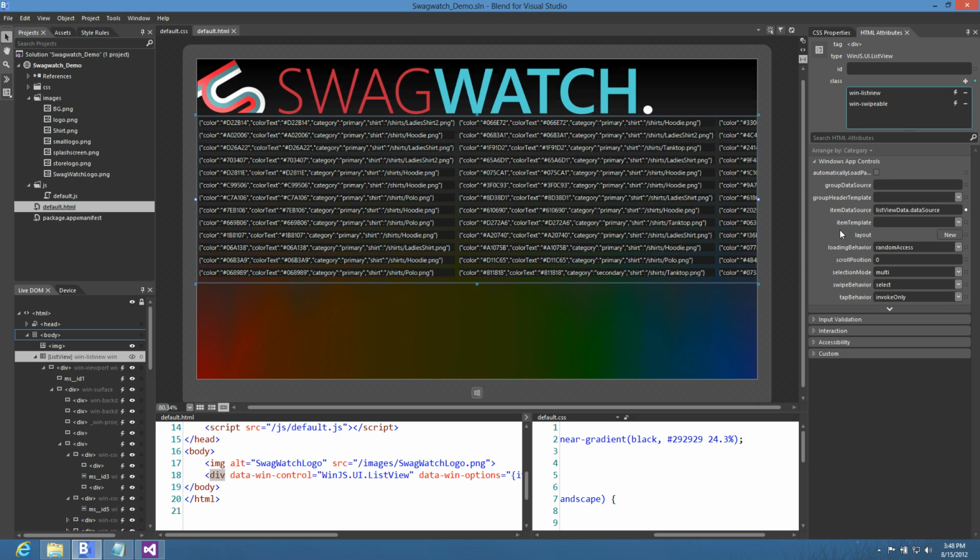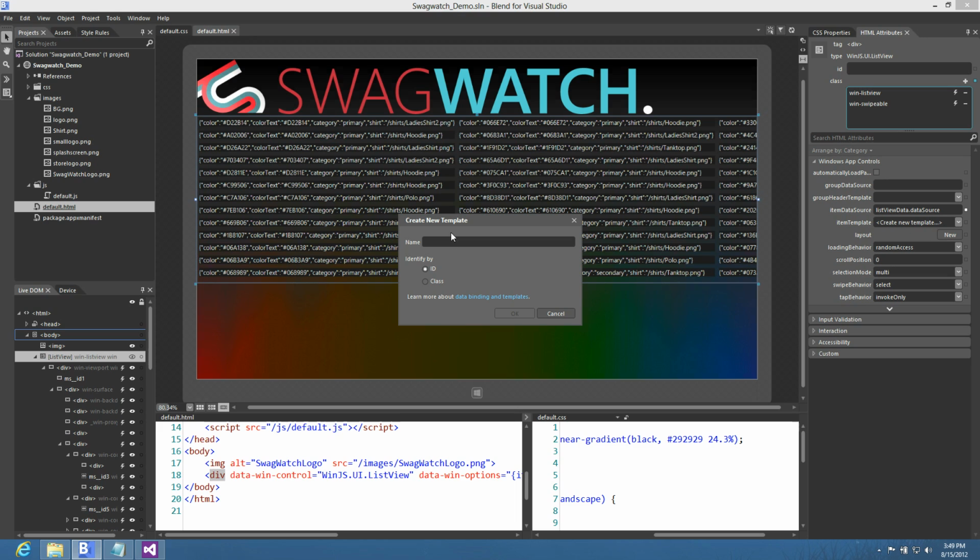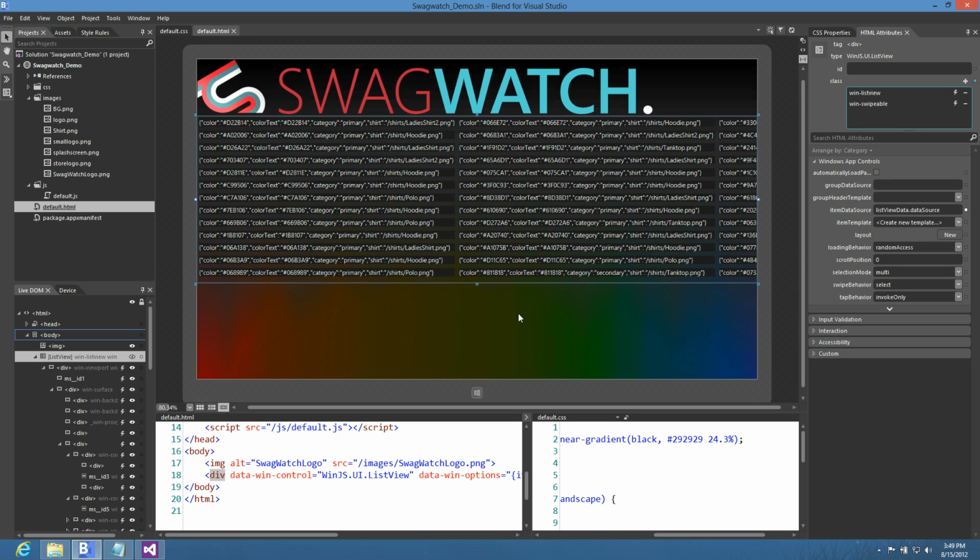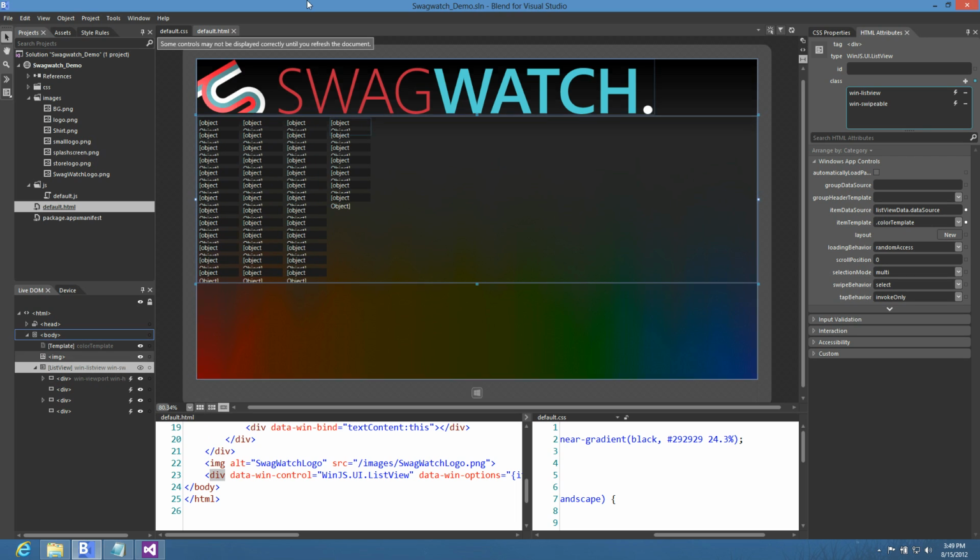We have an item template property, and what I'm going to do is say create new template. The create new template dialog appears, and I want to call my template color template, and I want to choose to identify it by class, and go and hit OK. Once I hit OK,